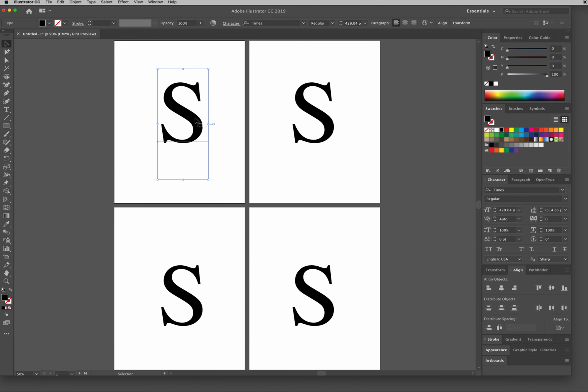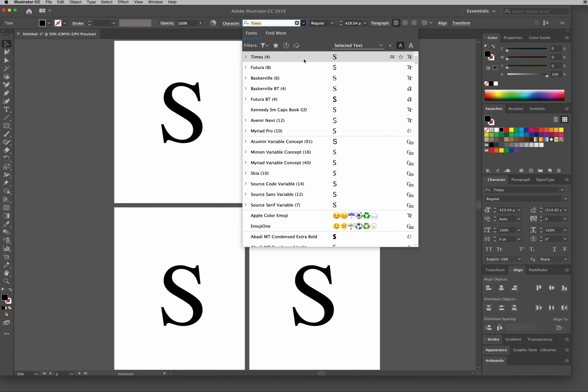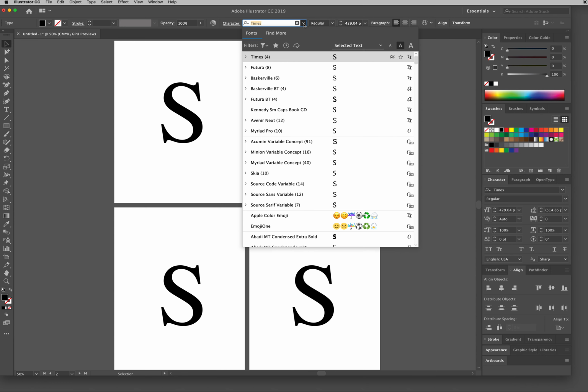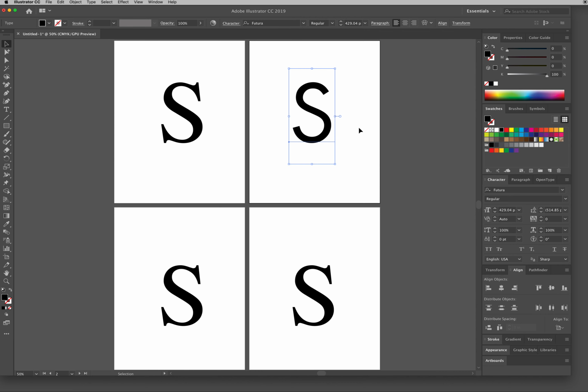Okay. Now I want to change the fonts for each one of these. So this one I'll keep as Times. This one, let's see, what will be a good one? Maybe a sans serif. Serif means these little feet, right? So this is a serif font because it's got these little feet on them. And a sans serif font means without serif. So something that's without serif is like Futura.